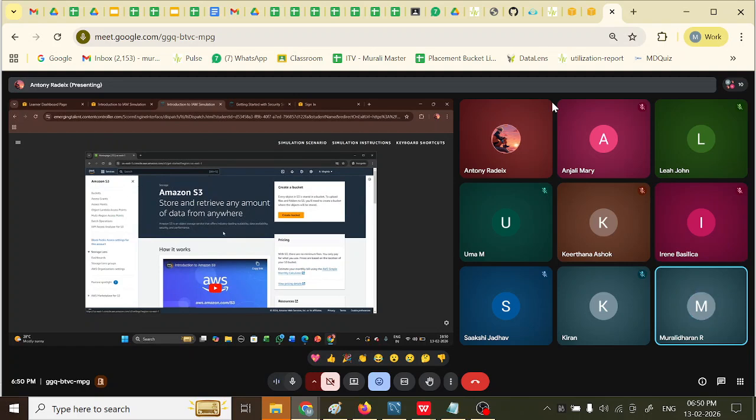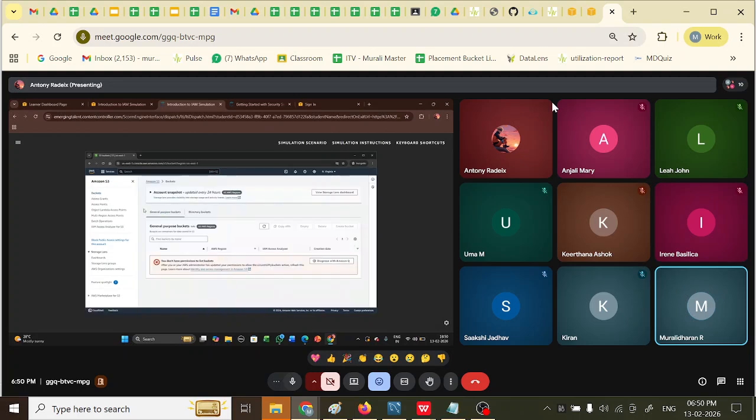Yes. Left side click buckets, left side click buckets. You see what is showing? It is showing, you don't have permission to list buckets. You don't have permission to list the buckets. Yes. Now you can